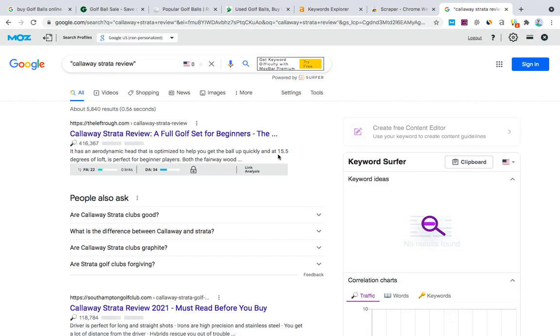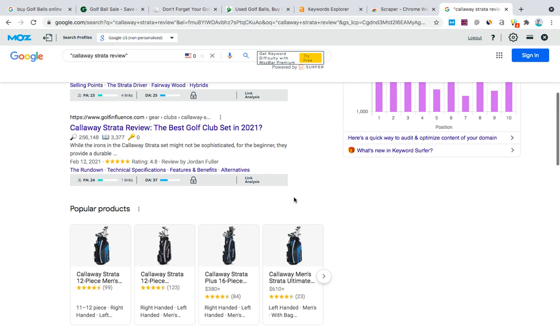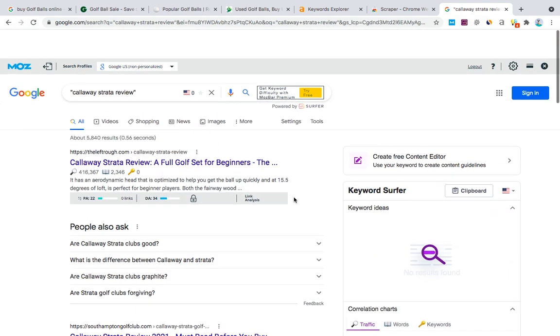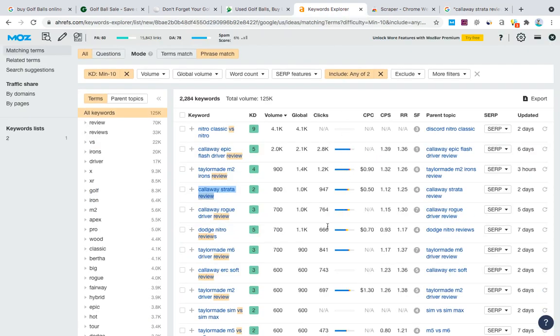Now we can narrow down the keyword research by doing what you do for other keywords. The main concept of this keyword research with scraper is to find the brands with words like versus and review, keywords which are easy to rank, and working on these keywords generates more conversions, as the buyer who is looking to buy golf balls, for example, in this niche has already done his research and is now at the final stage to buy, so he is looking for a review of the final golf brand he's going to buy.